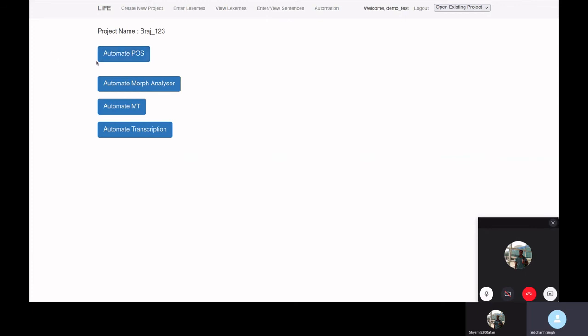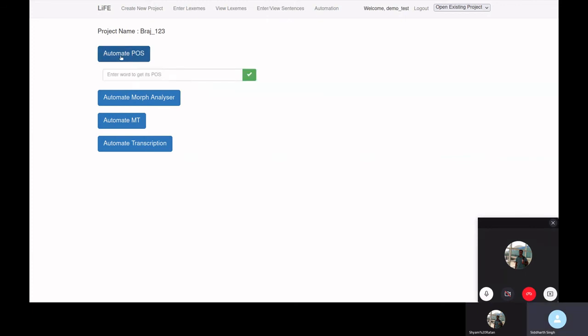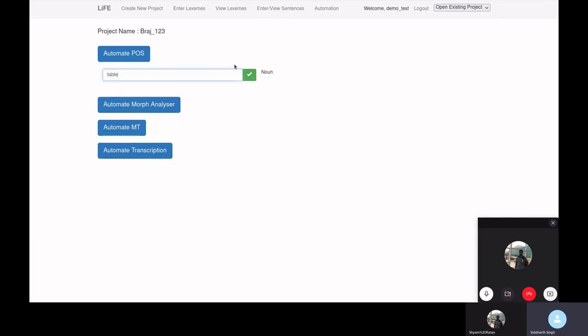So let's train a POS tagger, and click on automate POS. It will give you an option to check whether it is doing something or not, like if you put a table, it will show that it's running.